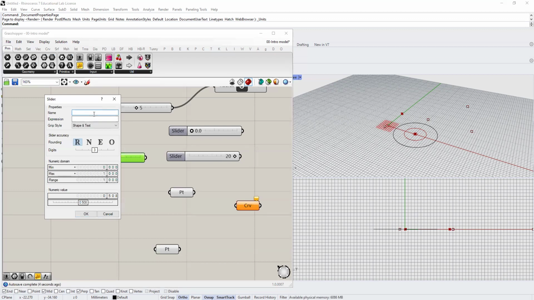And then first of all, give it a name. For example, you can say the radius. And then here you can choose what kind of number you're looking for: a floating number, a natural number, even or odd. If you're looking for a floating number, you can here determine how many digits you want to have. A 3 is more than, I mean, it's unusual in architectural projects. 2 and 1 are more than enough for our